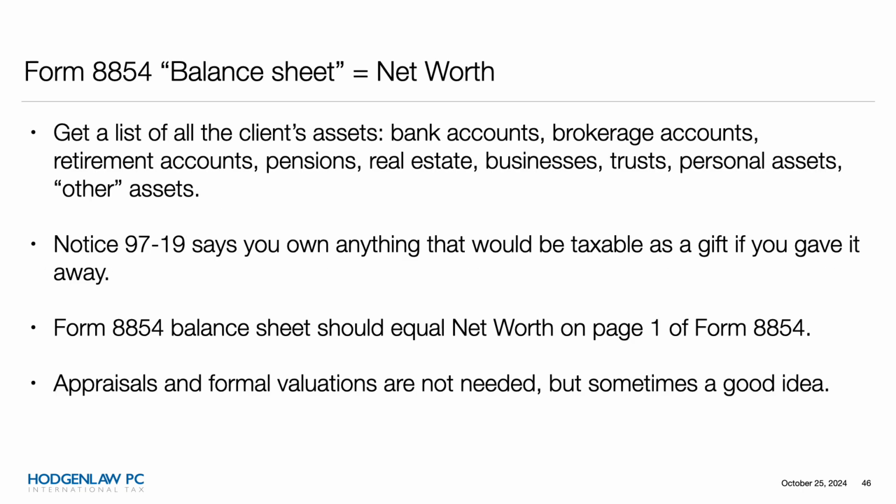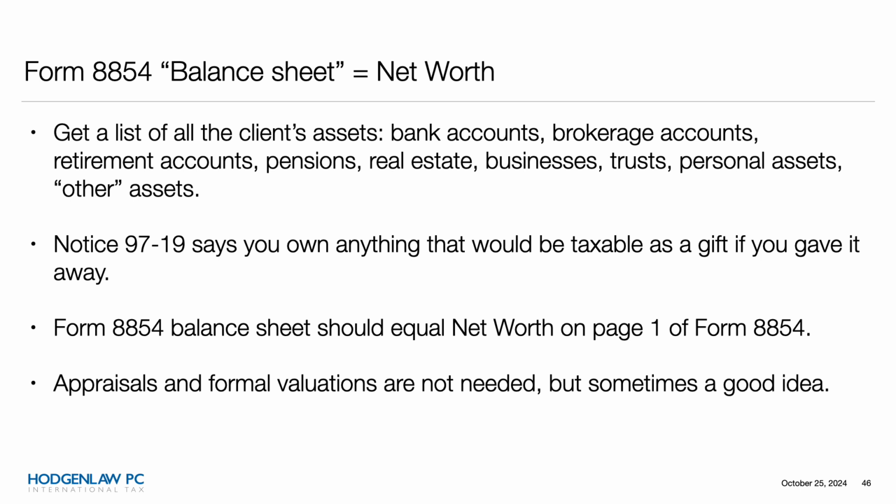So when you're gathering the information for the Form 8854 balance sheet, you're going to want to get a list of all the client's assets: bank accounts, brokerage accounts, retirement accounts, pensions, real estate, businesses, trusts, personal assets, other assets. And you start with this big list of all these items, and then for things like brokerage accounts, you're going to want to know what's everything inside the account, and you also need the fair market value of each separate thing inside the account and its basis and its holding period,